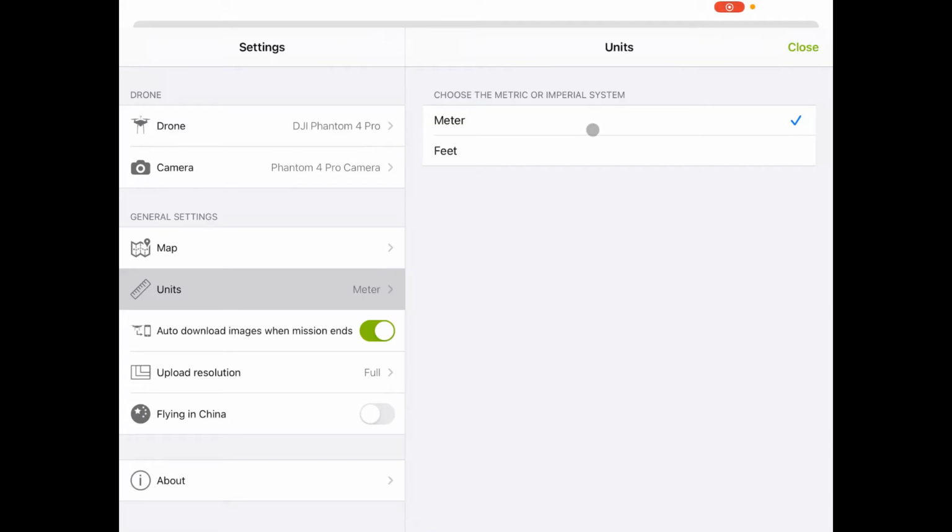That's fine. This little setting here, auto download images when mission ends, I'm going to turn this off. What this does is we fly a mission, and then the app will try to automatically sync all of your images to what's called Pix4D Cloud. I know this is something we haven't even explored yet, but the reason I don't like this is because